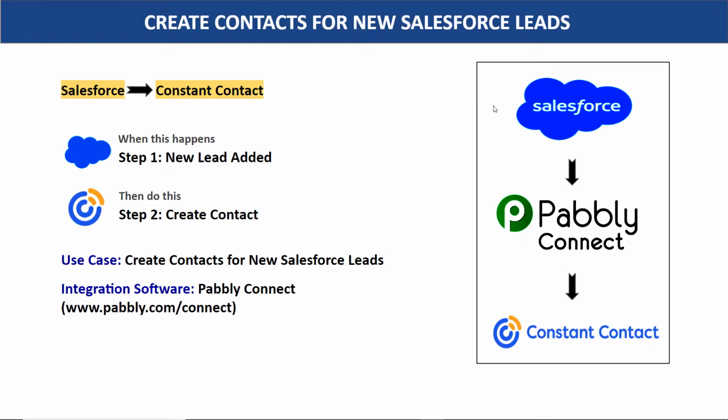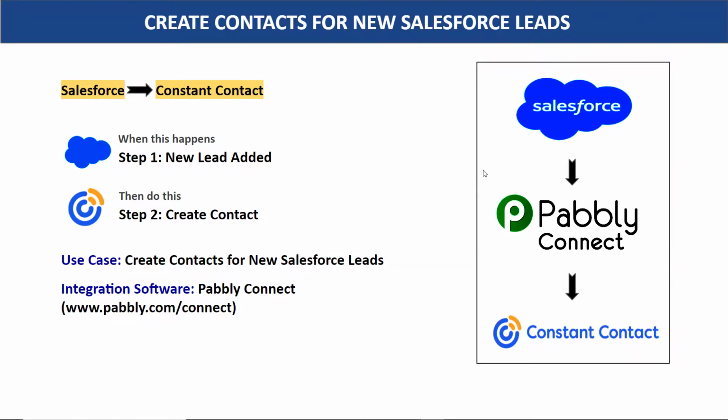The first choice is to copy all the details of John from Salesforce, sort it out and manually add John as a contact in Constant Contact. The problem with this approach is it's actually very repetitive and tiresome. So I would suggest that you bring in some automation so that whenever a new lead is added in Salesforce, it will automatically create a contact in Constant Contact.